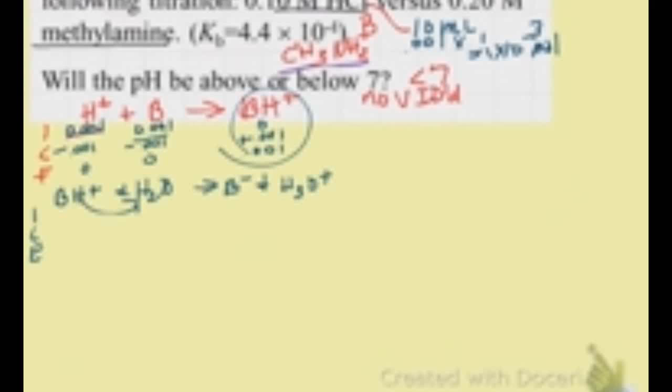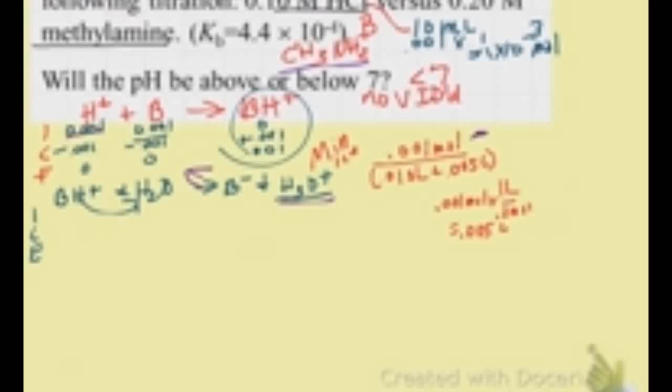So when it goes into water, the H+ is going to come off, and it's going to become the hydronium ion. And I'm going to have the conjugate base. Okay. And now I need to use an ICE table. I'm at equilibrium. Right, I've got an equilibrium reaction, and I've got to use molarity. So I have the number of moles of the